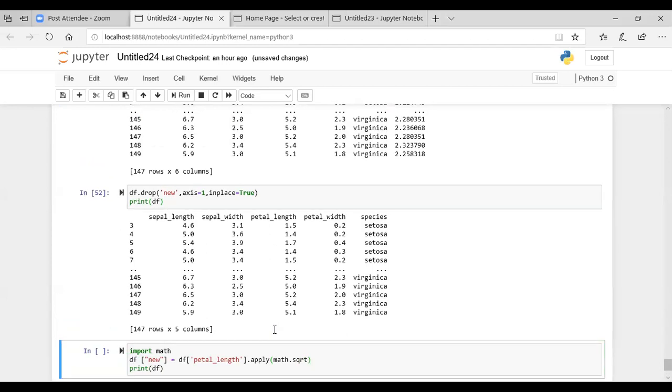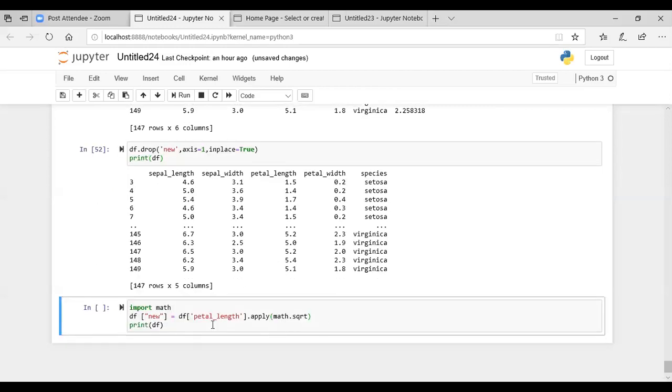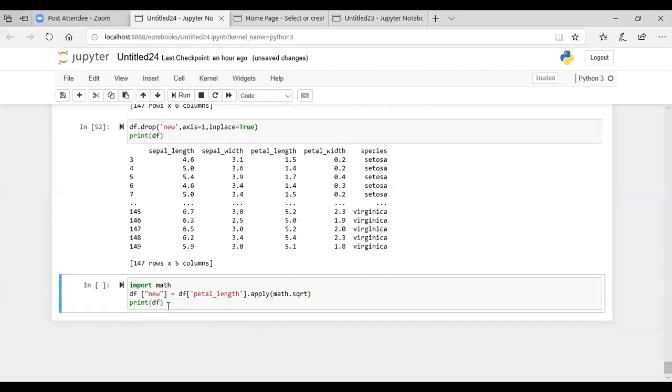Previously, you had defined your own method. So you can define your own method and perform some operation, but this square root method is already supported. So you have to simply import this math module and provide this math.sqrt here. Apply this square root method for that value and then print that df.